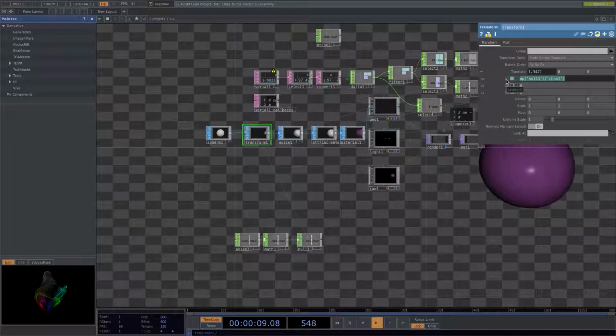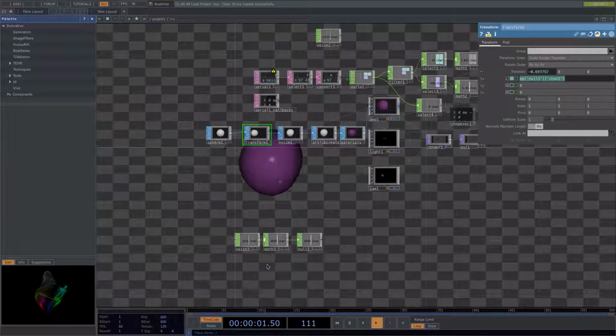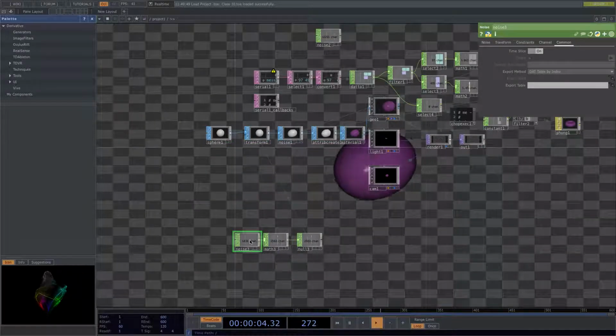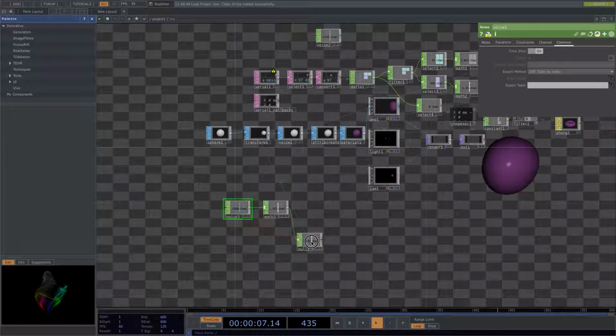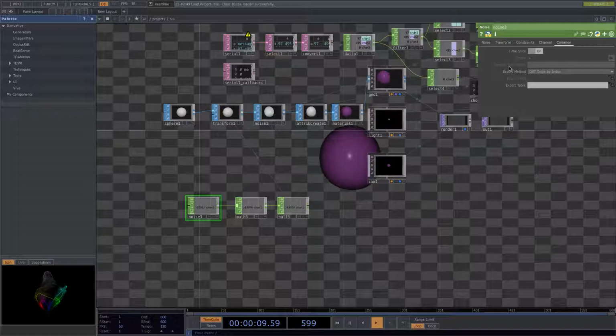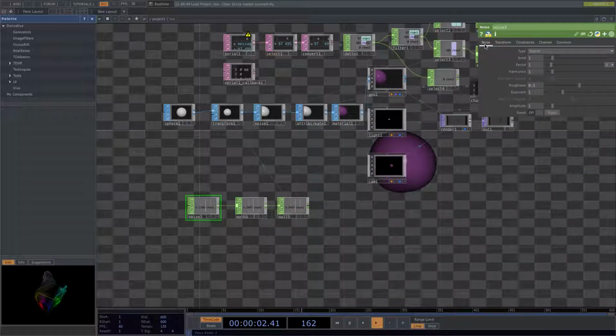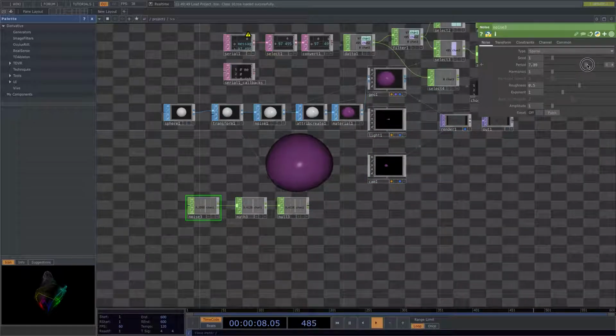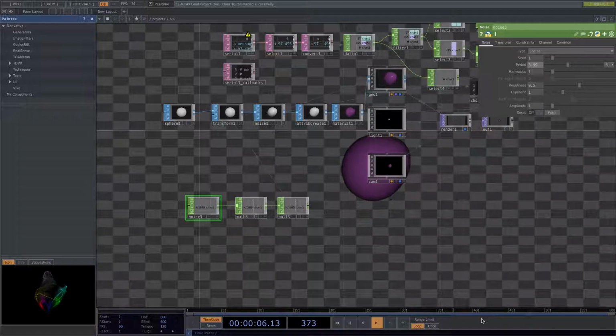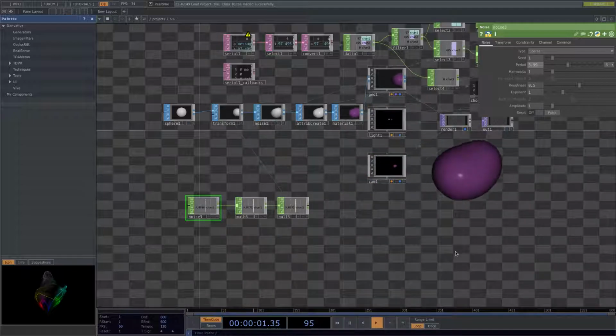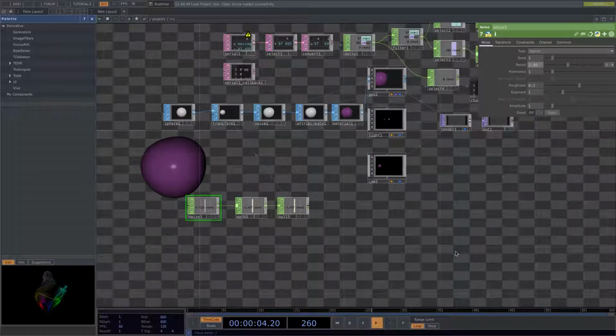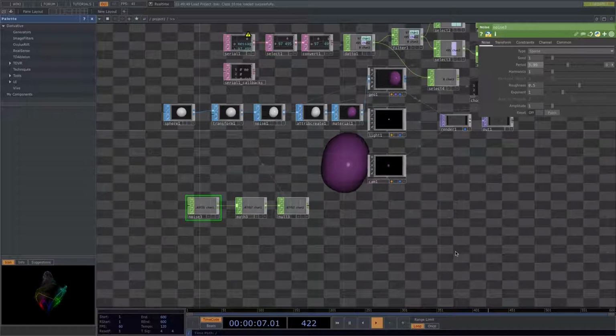Okay, let's slow it down a little bit because this is crazy fast. So on the noise 3 down here, what we're actually using to adjust this position, go to the noise tab, and period, I believe. Pull that up to something like 4. Yeah, about 4 is fine. So now we have this thing going back and forth across the screen. And so now we need to send that third value